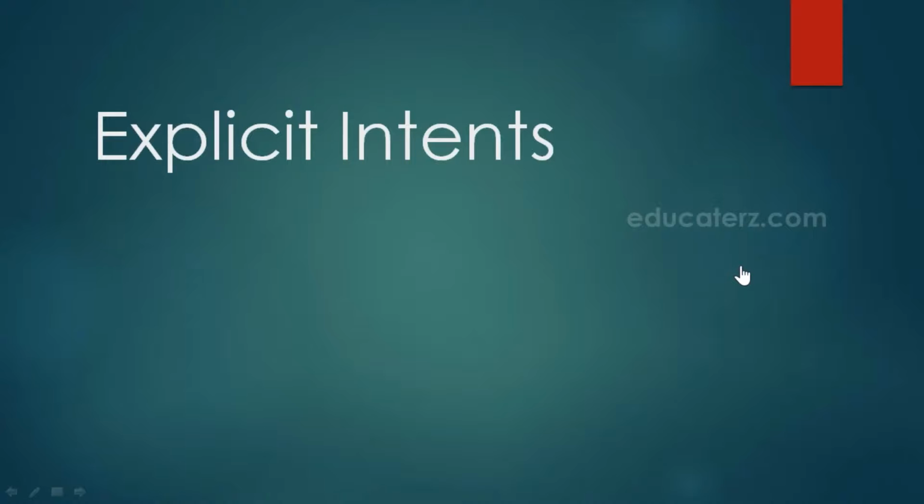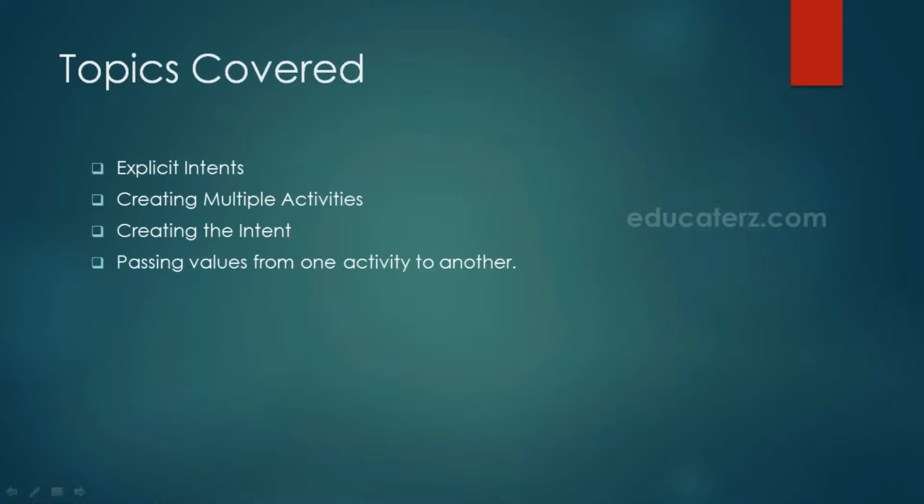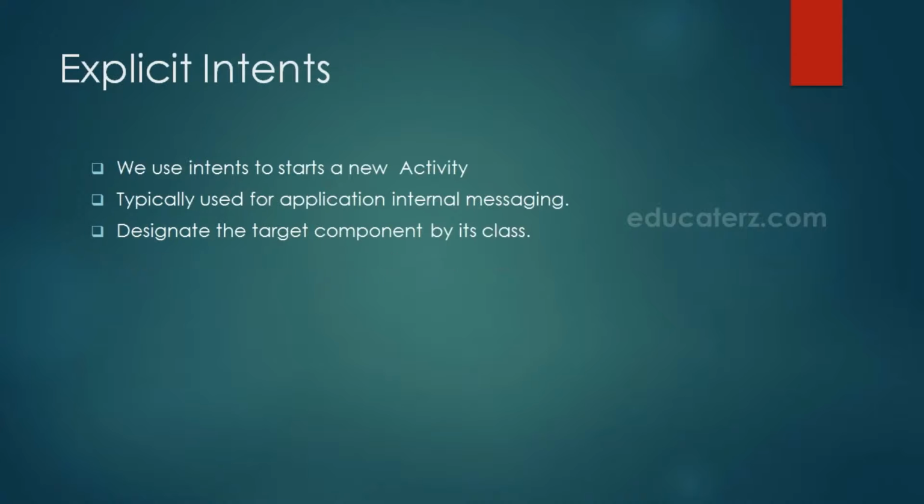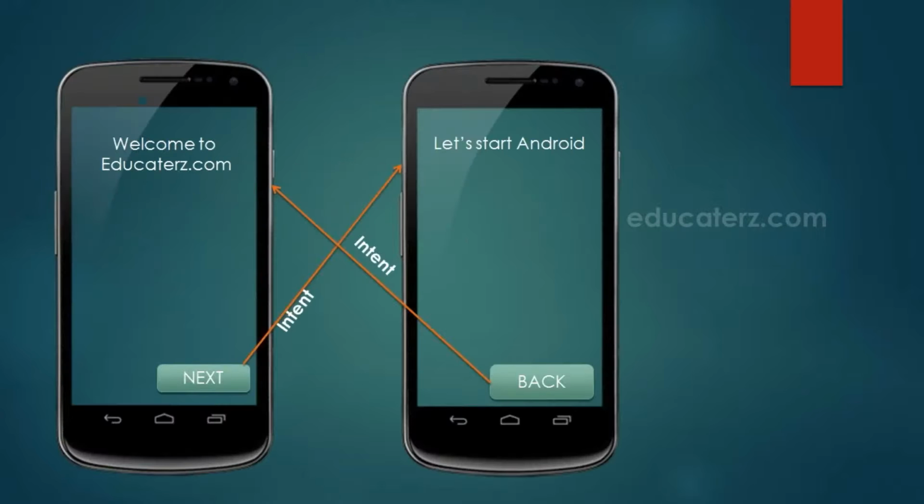This is Venkatraman Ganji. In the previous session, we discussed what an intent is, what the different types of intent are, and what an intent contains, meaning the different objects of an intent. Now let us see what an explicit intent is and how to start working with it. We typically use explicit intent to communicate within an application, to start a new activity, where we provide the designated target component, meaning which activity it should call.